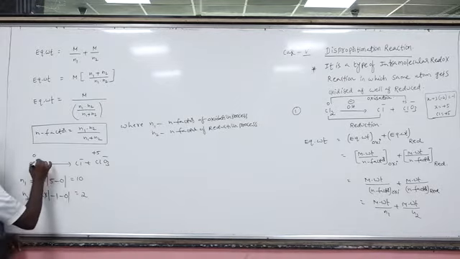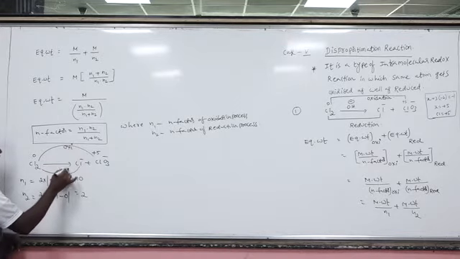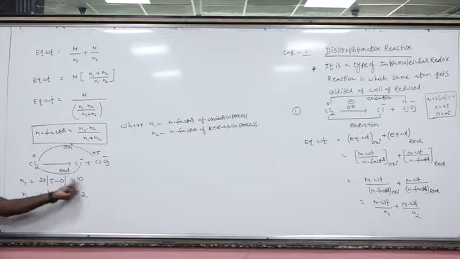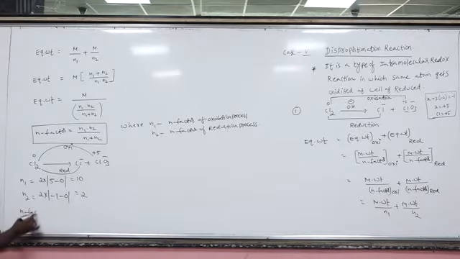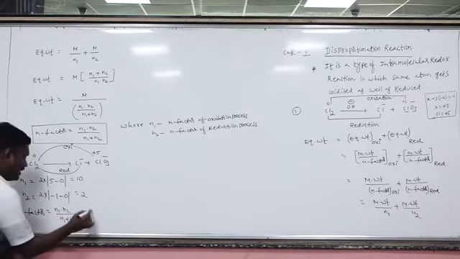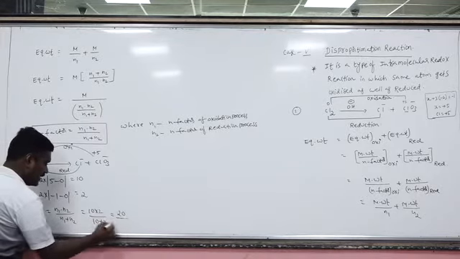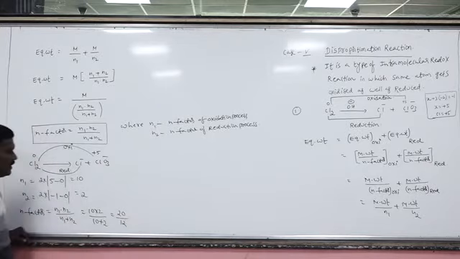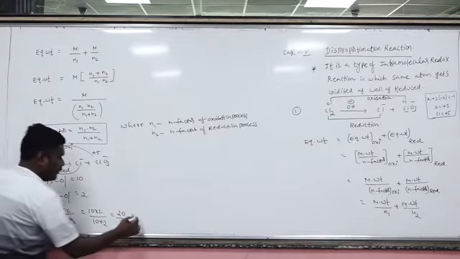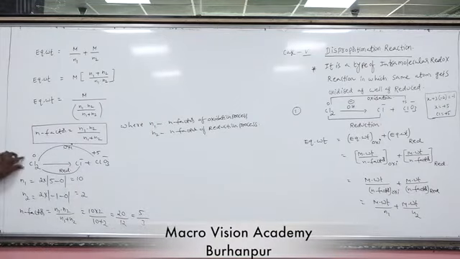So here this process is the oxidation process and this process is the reduction process. In the oxidation process I am calculating the n factor N1, in the reduction process I am calculating the n factor N2. Now overall n factor you have the formula N1 into N2 by N1 plus N2. What is N1? 10 into 2 by 10 plus 2, 20 by 12. Okay. So this is the n factor regarding this reaction.